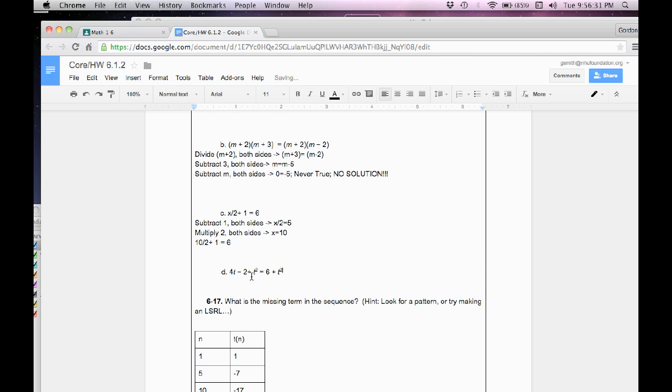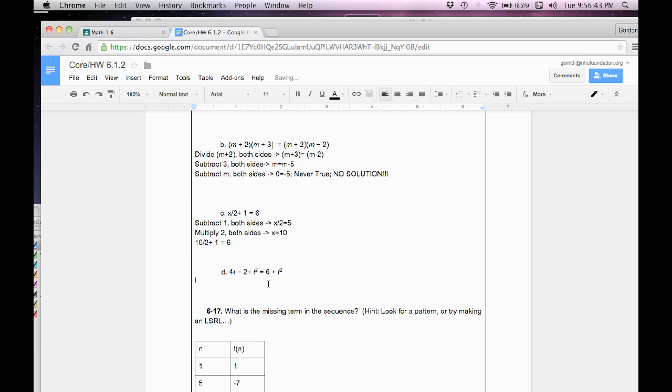Okay, next D. It looks pretty messy. It says 4t minus 2 plus t squared equals 6 plus t squared. But what I notice is that I have plus t squared on both sides. If I get rid of that, it'll be a lot simpler. So I'm going to